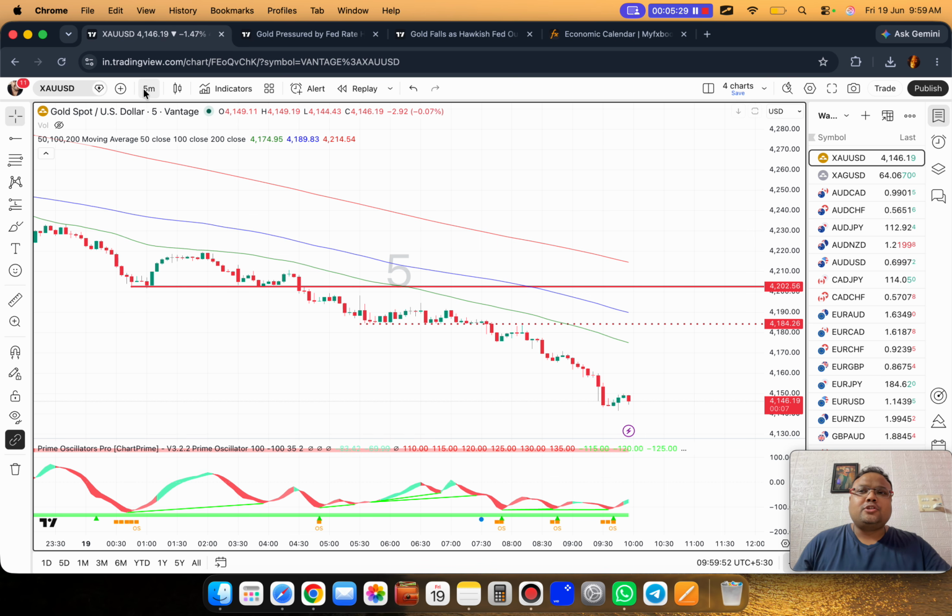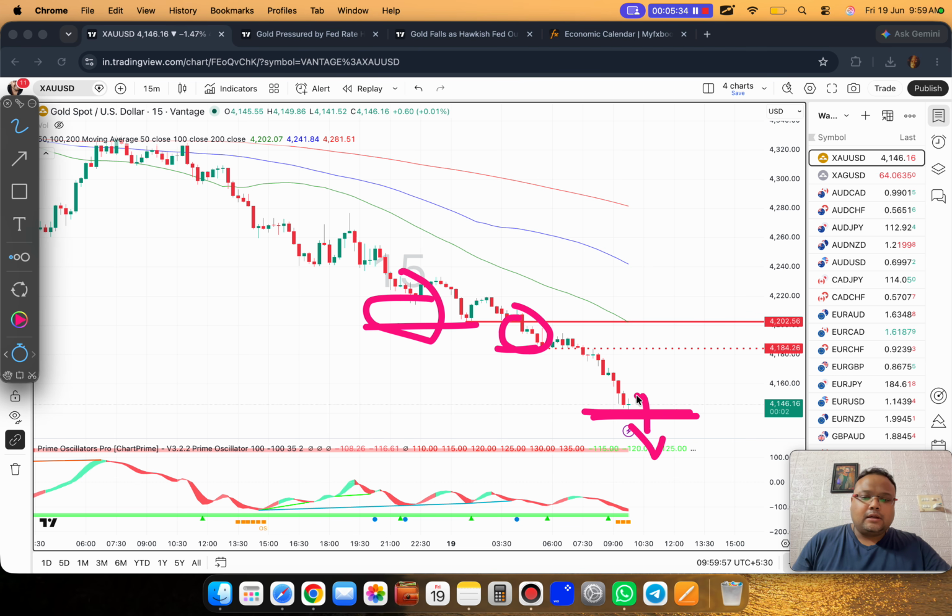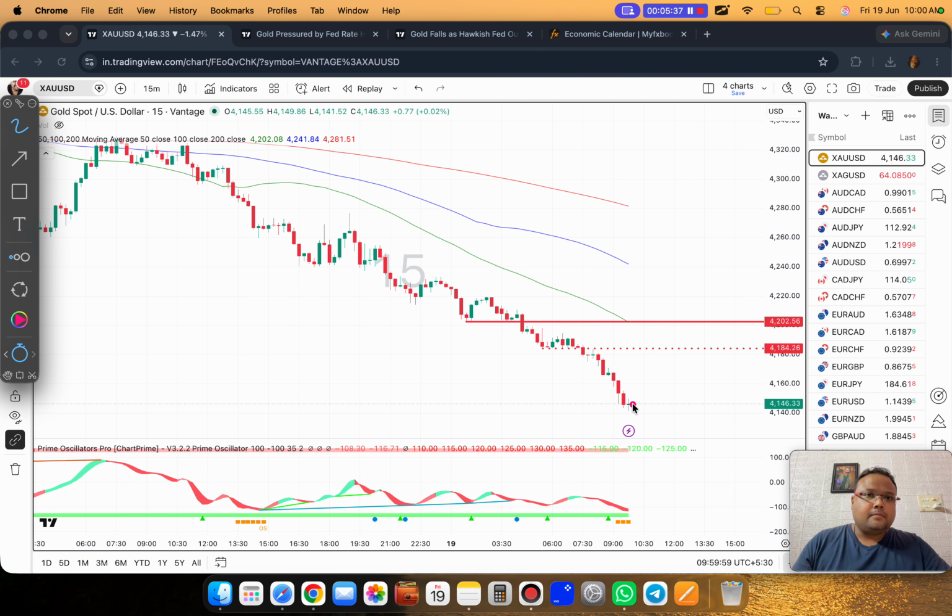Obviously, consolidation on higher time frames is better. For example, if you see the market consolidating for 1 or 2 hours, then you get a super powerful breakdown. But if you're a day trader, if you're a scalper, you can try the same stuff on a lower time frame like 5 minutes as well. But as I always say, higher time frames are reliable, lower time frames are less reliable. So if you are looking for a good position, then look for consolidation on the 15 minutes time frame, not on the 5 minutes time frame.